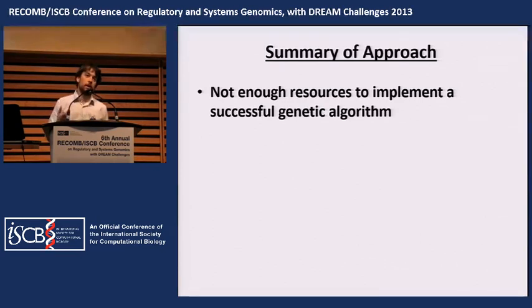When I first started playing around with this competition, my gut instinct was to use a genetic algorithm to optimize the parameters of the model and minimize prediction distance. However, I quickly realized that I didn't have enough personal computing resources at my disposal to do this. As has already been mentioned, it takes about 24 hours to run a single iteration of this model. And similar observations were made by other teams on the community forum.